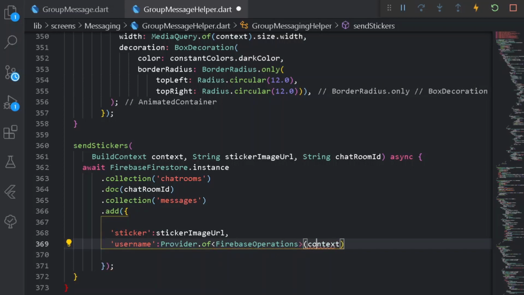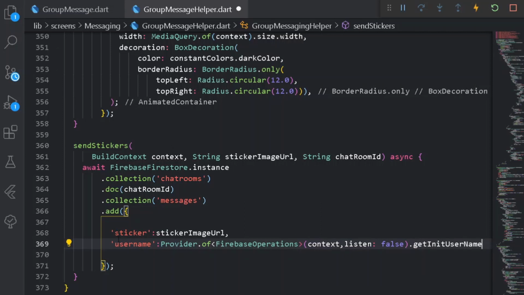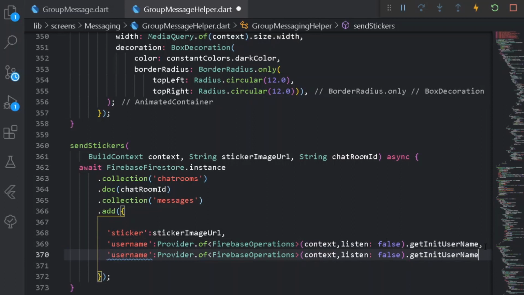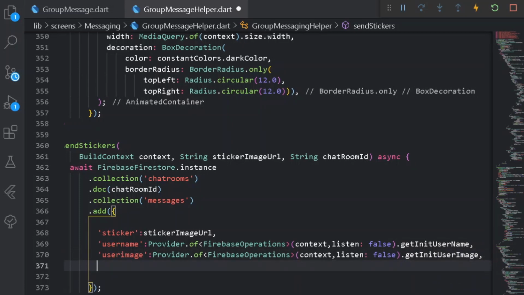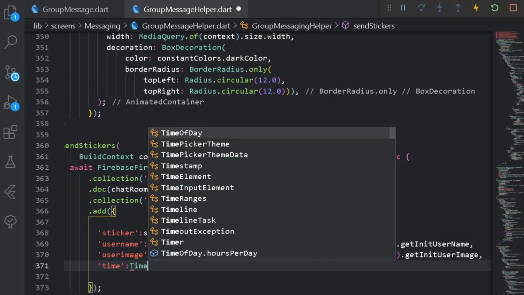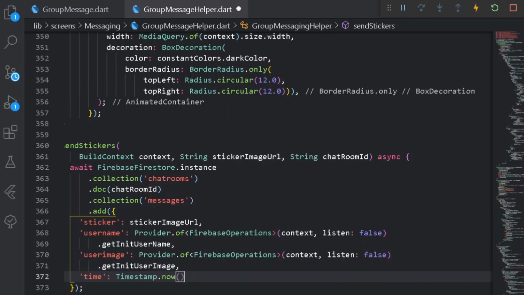Let's have a context, easy thing, and here let's have listen property to it to be false, and after that let's have the getInitUsername. Also I can simply copy the entire method and paste it one more time. But here let's have userImage, and here let's have getInitUserImage, and after that we shall also be requiring time, the time the particular image was posted. So here let's have a Timestamp.now.